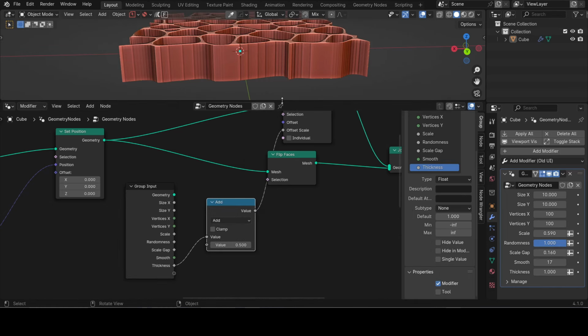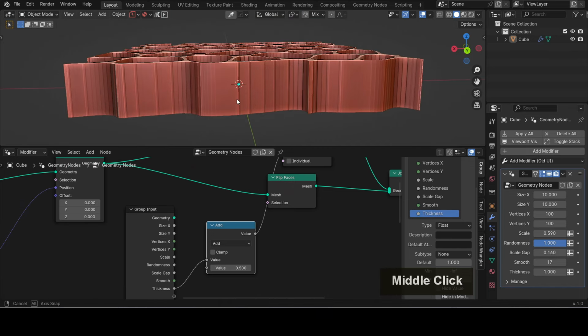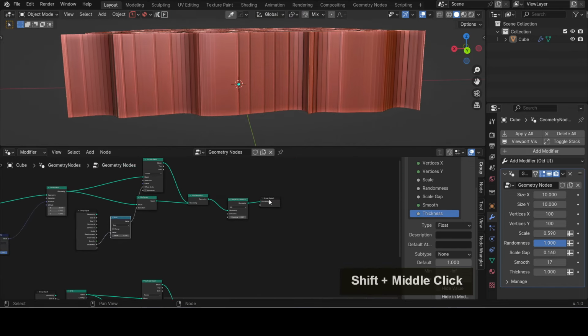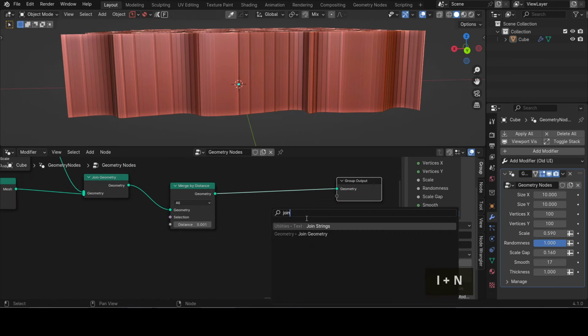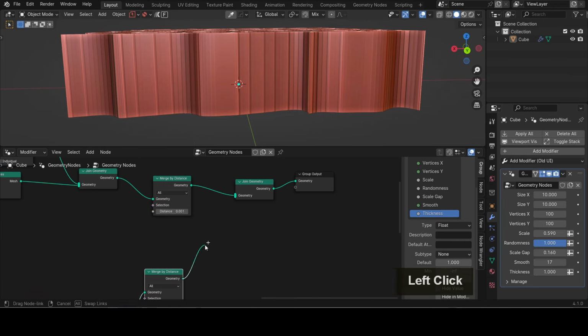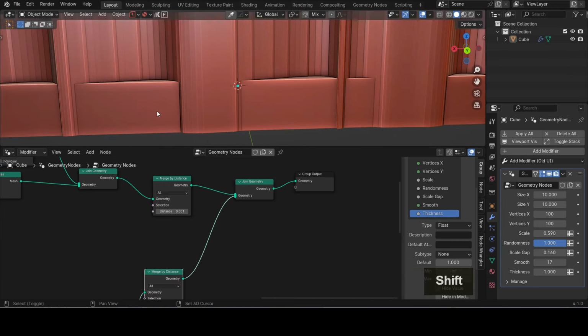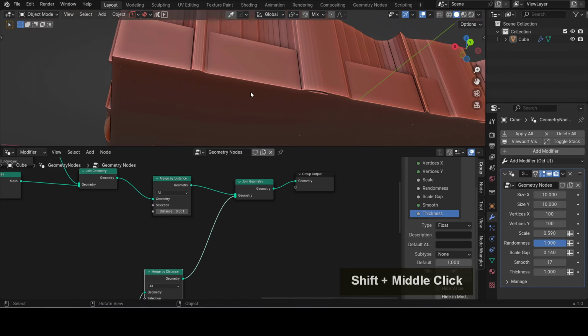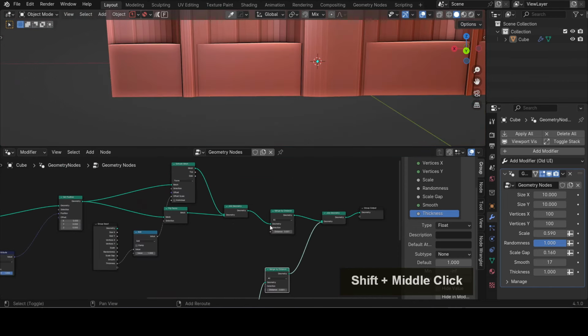Now, we have a slight issue here, in that this has increased the size, but only in one direction. In fact, if I use a join geometry node here, and then drag in our geometry for the extruded plane, you can see that this is exactly the same position on the Z-axis at the bottom. So we actually need to move